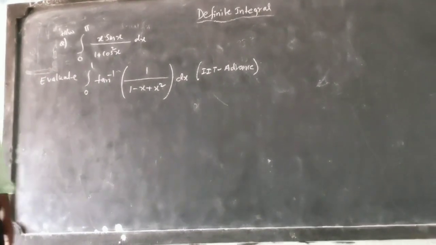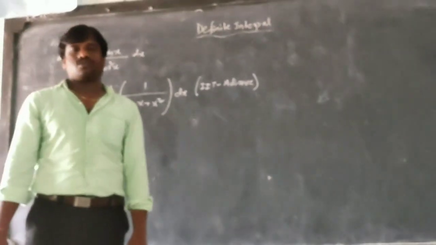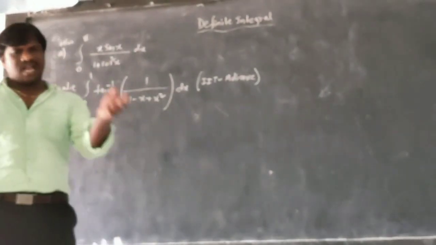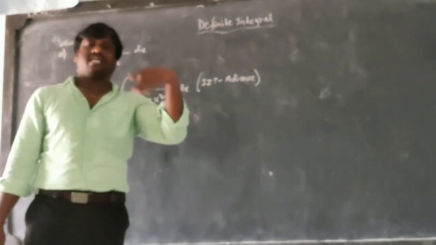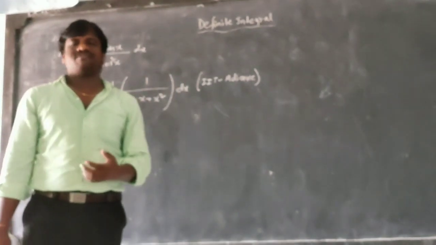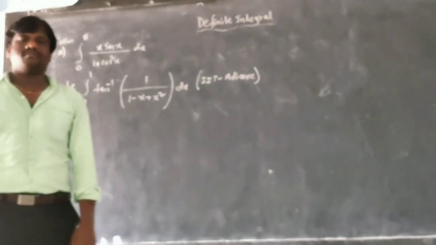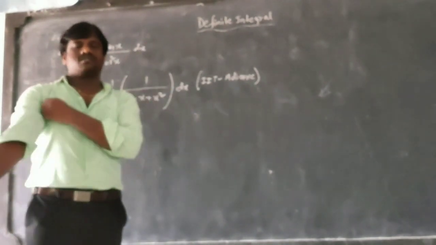Okay. Let's see what I am going to do. A few more questions I will do to end up this King's rule. Let us start the King's rule. And after that, completing all properties, again based on all properties, many questions I will solve. I am going to make many questions on this definite integration. Definitely we will be finishing this chapter in 10 days. Then we will start vectors.